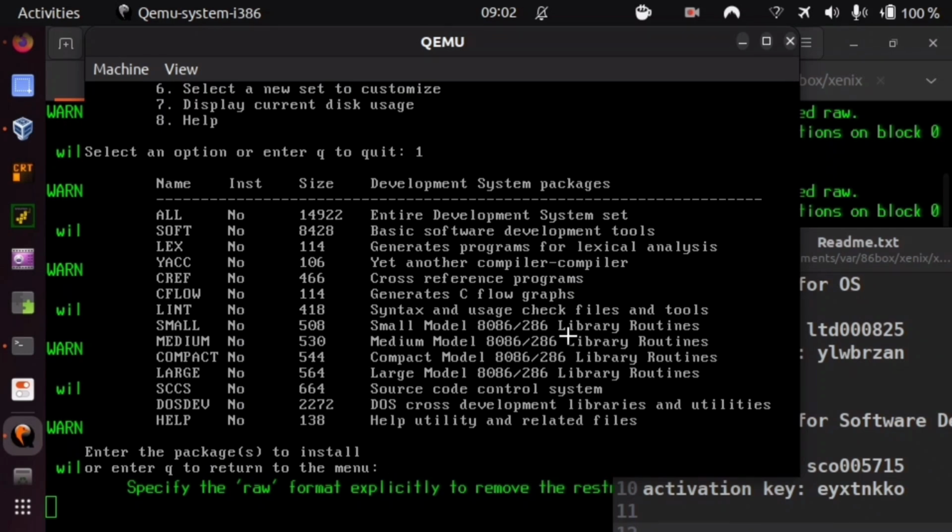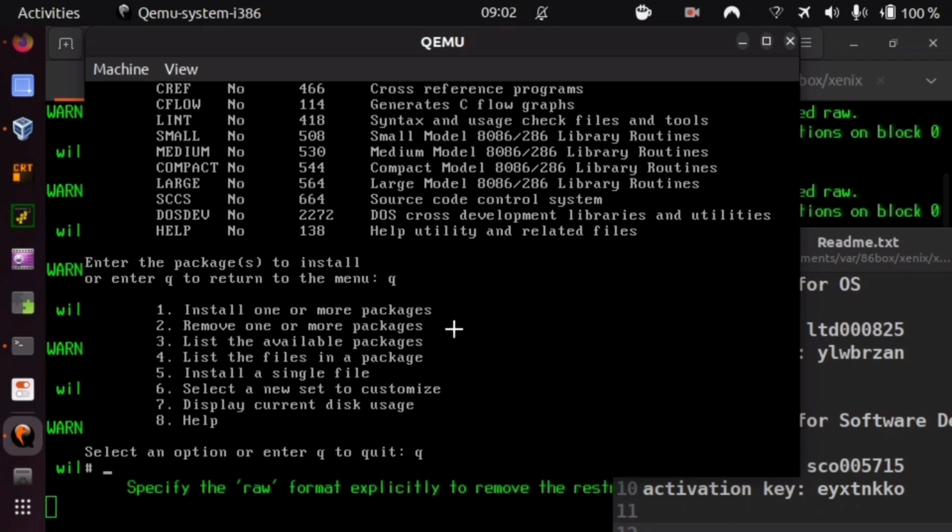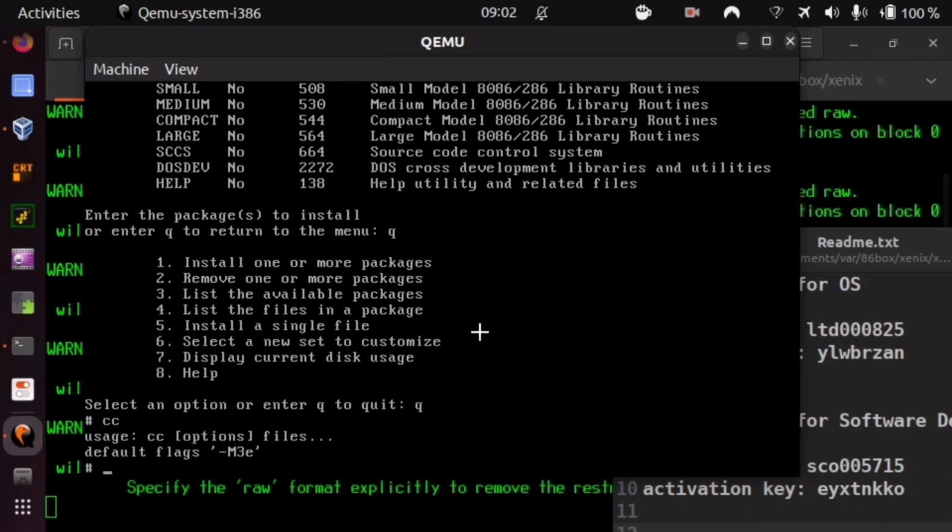Just see how this is going to look like now. Weird. Okay. Anyway, Q to return to the menu, Q to quit. And do I have a C compiler? I do. So now I actually have installed the development set. I just don't have this termcap terminfo business solved yet. But I can go ahead and do that too